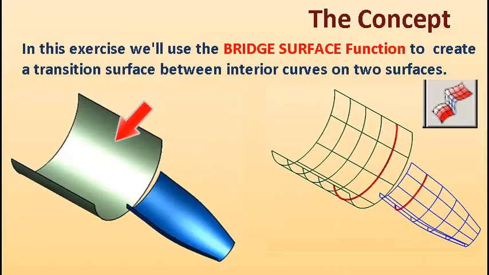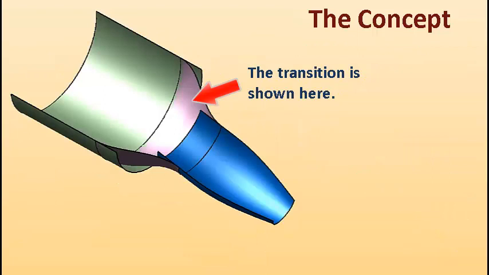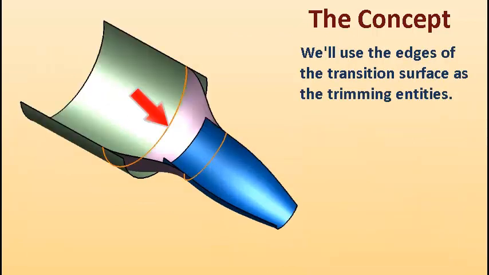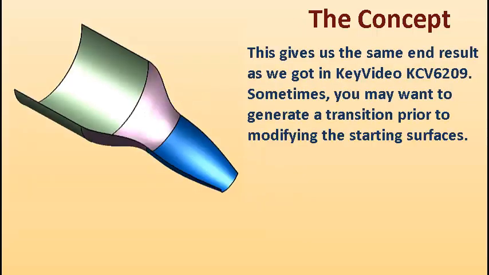In this exercise, we'll use the bridge surface function to create a transition surface between interior curves on two surfaces. The transition surface is shown here. Then we'll use the trim surface function to trim the original surfaces back to the edges of the transition surface. We use the edges of that surface as the trimming entities. This gives the same end result as KeyVideo